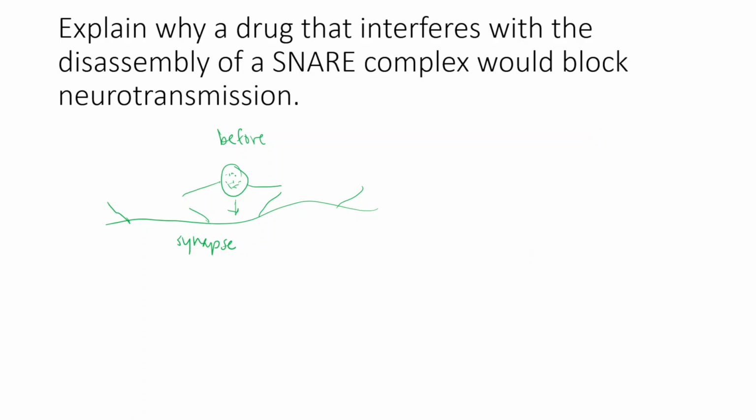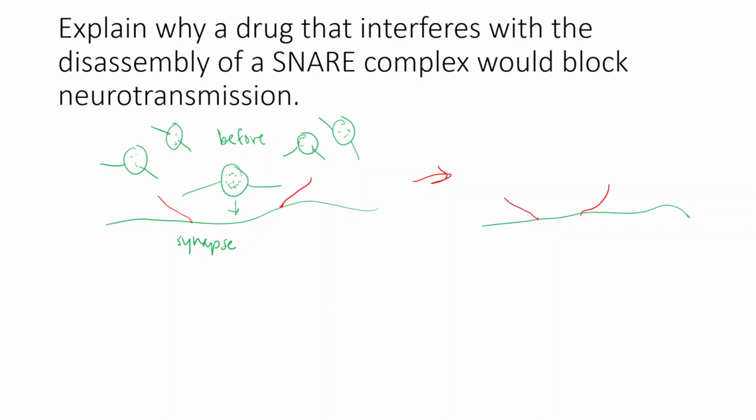Okay, so when we got started, we had our vesicles, and they have green SNAREs, right? The target membrane has these red SNAREs, let's say. If you have this one vesicle merging with this one target membrane, fine. But after the vesicle merged with the target membrane, there are also lots of other vesicles here, right? They all have SNAREs. They all want to merge with the membrane. But once the SNAREs help the vesicle leave,